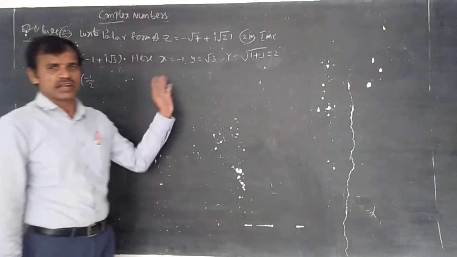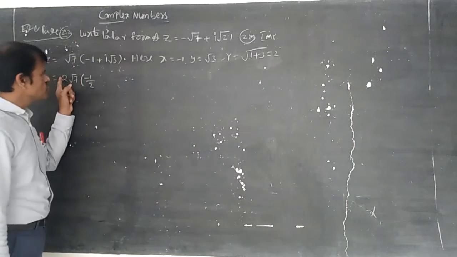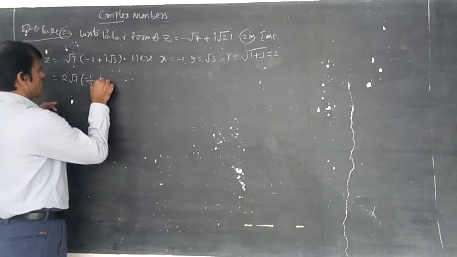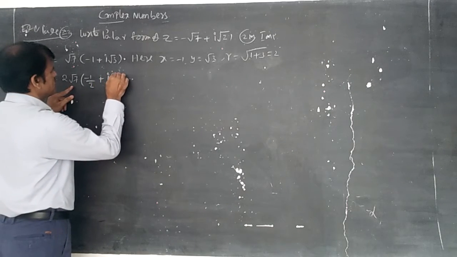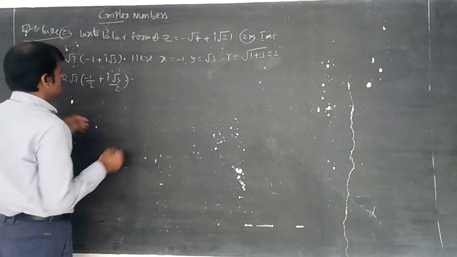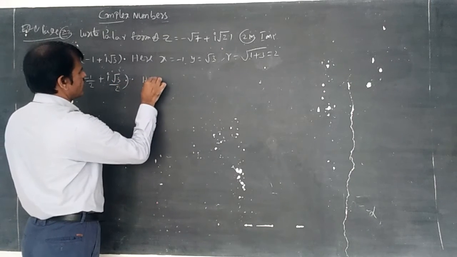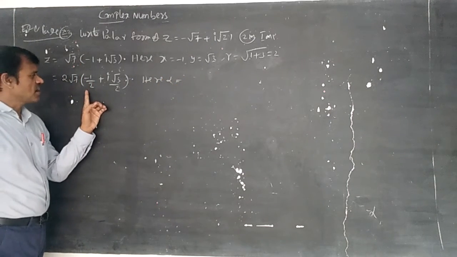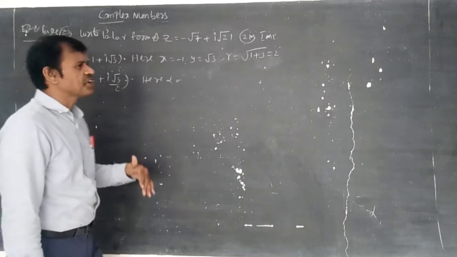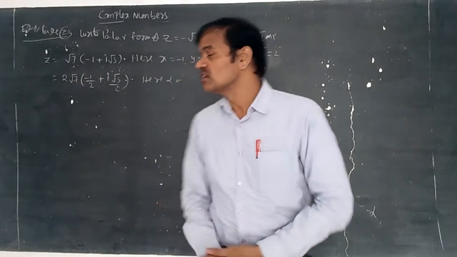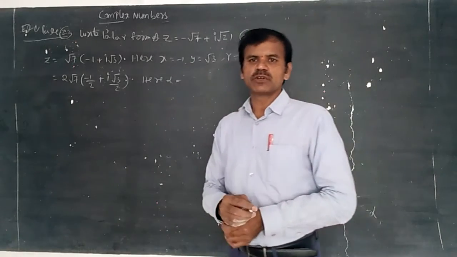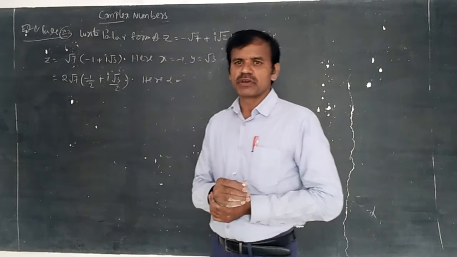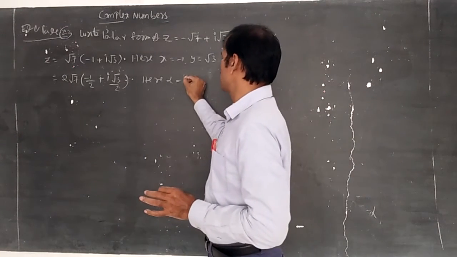So you can write directly here root 7 into minus 1 by 2. No need to write x by r like this. So whenever you are multiplying with 2, you can divide with 2. In the mod amp form concept you will get 2 root 7 into minus 1 by 2 plus i root 3 by 2. Here you write alpha. This is going to be converted into the form of cos theta plus i sin theta. So cos of how many degrees is equal to 1 by 2? Forget about the sign. 60. So here alpha is equal to 60.